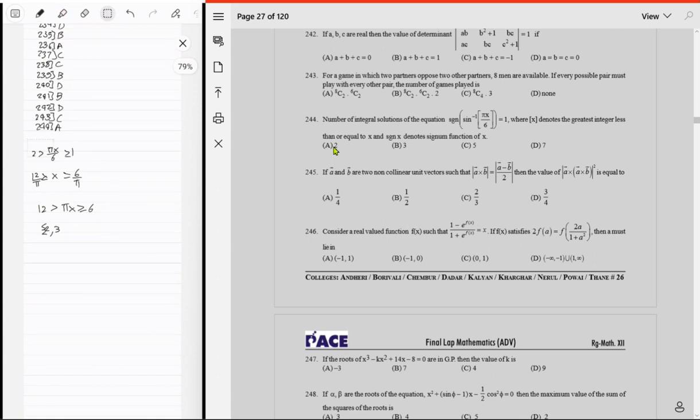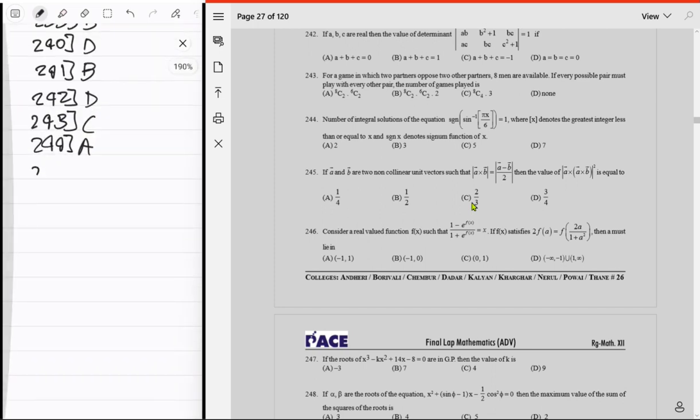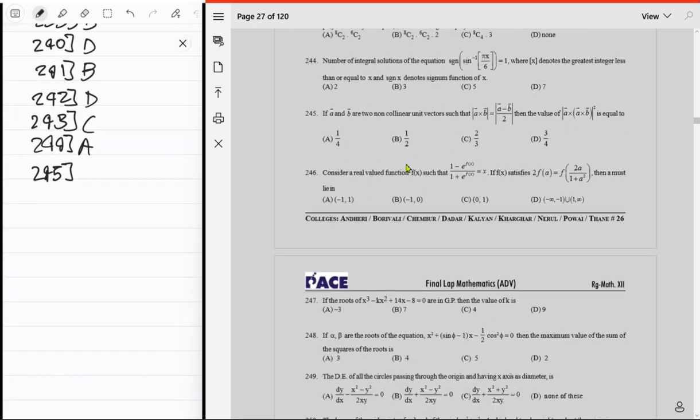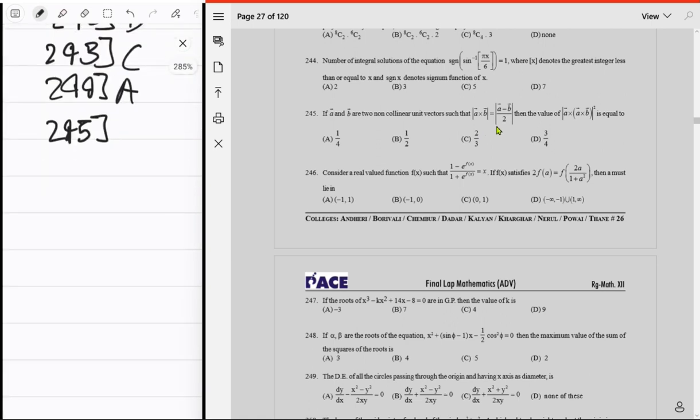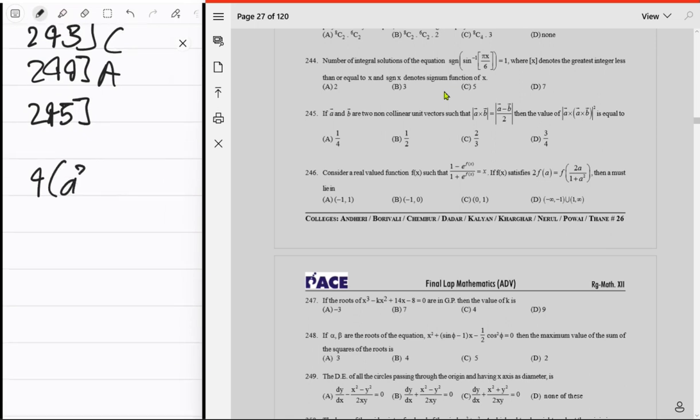Yeah, 240, वही था ना ये, और कुछ था नहीं इसमें. Well, yeah. So 245. 245 is: if A and B are two non collinear unit vectors such that this happens, then the value of this is equal to... So A cross B is equal to A minus B upon 2. Seriously, what is this? So magnitude square कर डालता मैं. Yeah, I guess that works out. ठीक है ना, इसमें square कर डालो. What do you get? अच्छा, इसको तो like it's just 2A cross B basically. So 2A cross B का square किया, like 4 times A cross B का square, like 4 times A square times B square minus A dot B का square,